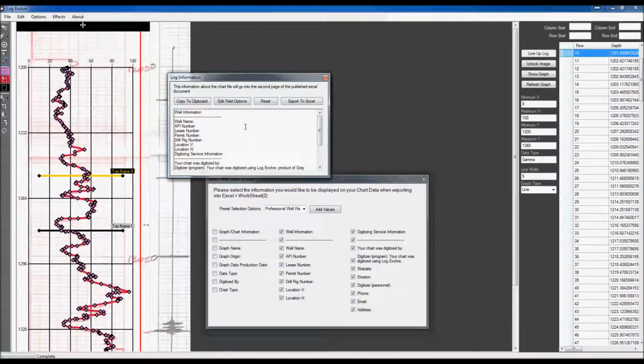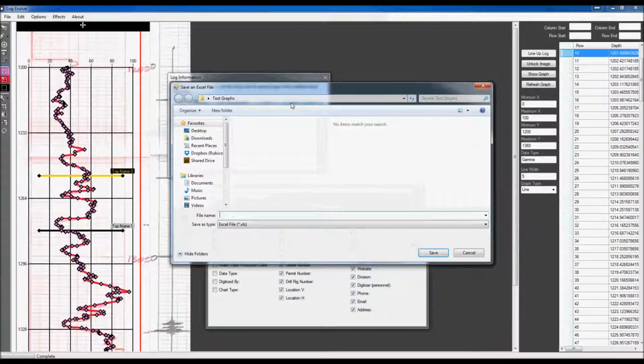And you can just go in here and add these in as needed. So just type in the API number. You can type in the lease number too if you want. It doesn't matter. All these things are completely customizable fields, and you'll be able to change these later if you need to. So I'm going to go ahead and export to Excel,